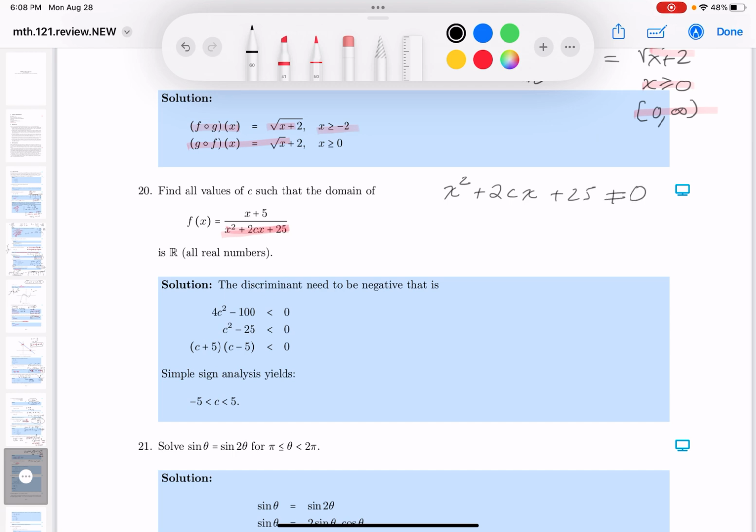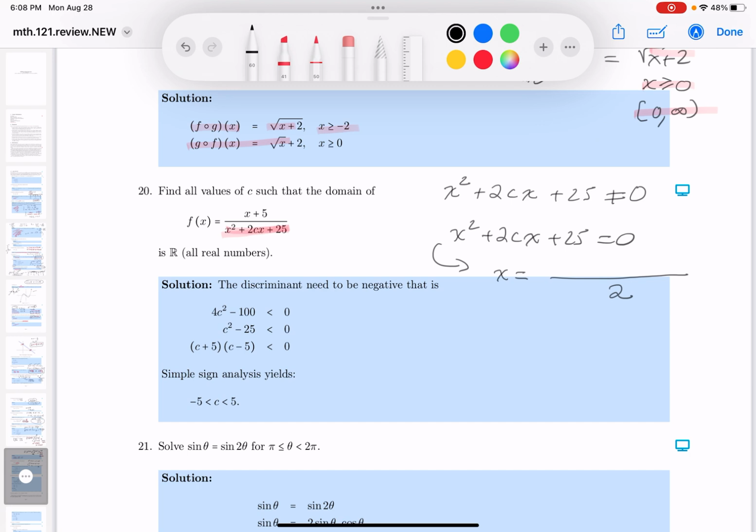Now, what are you going to do about that? I'm going to make it equal to 0 and see what happens. This would be bad news. When does that occur? Let's take a look. That would occur when x equals, using the quadratic formula,